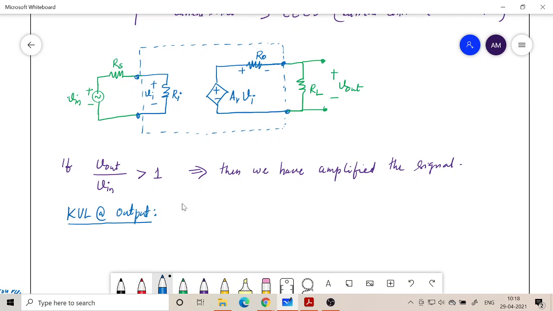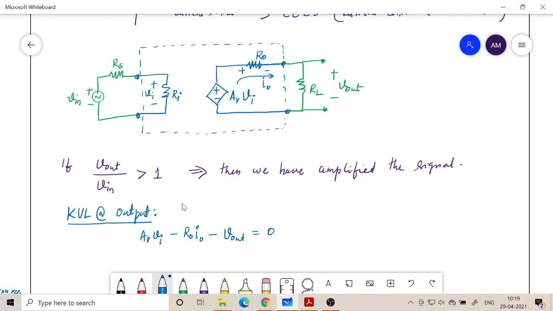If I take minus to plus as positive, then AV into VI, and plus to minus I will take as negative, R out into some assumed current I out. Then the same current is going to flow through RL, which is plus minus, so I put a minus sign here and say V out